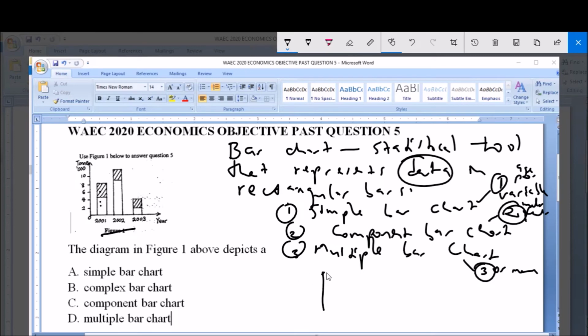So the bars of a components bar chart look like this, okay, with two portions, one portion representing one variable and the other portion representing another variable. So as we have established, what we have here is a components bar chart, and components bar chart is option C, which is the correct answer to this